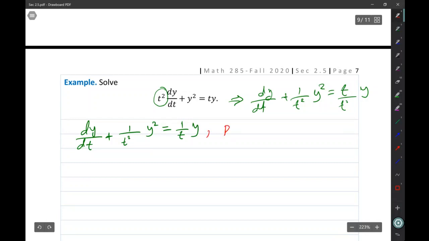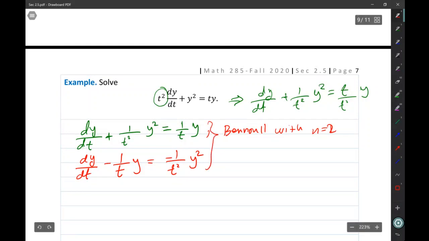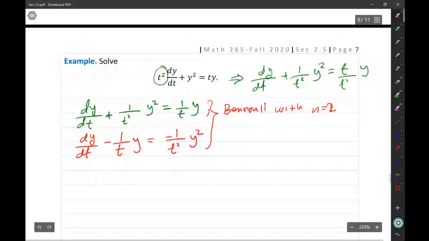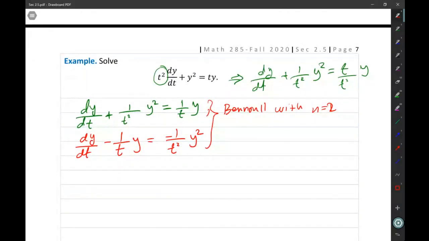This equation is Bernoulli with the value of n equal to 1. Sorry, n is equal to 2, because this can be written as dy/dt - (1/t) y = -(1/t^2) y^2. So this is Bernoulli with n equal to 2. Now, the first step I have to do is divide both sides by